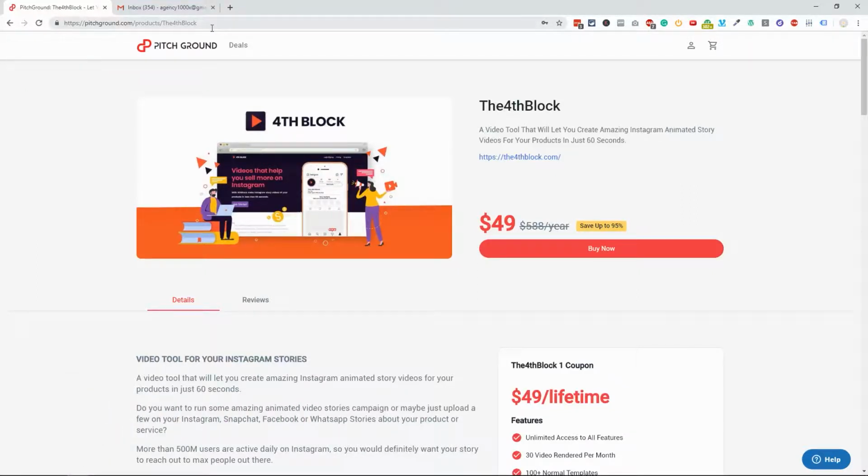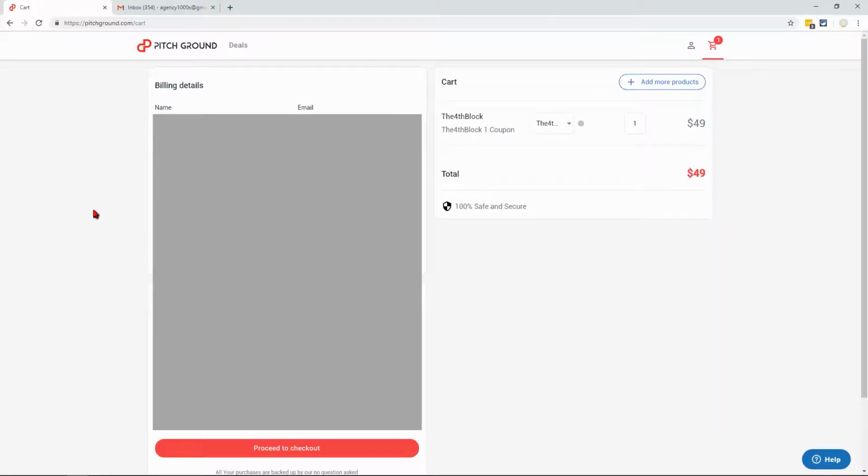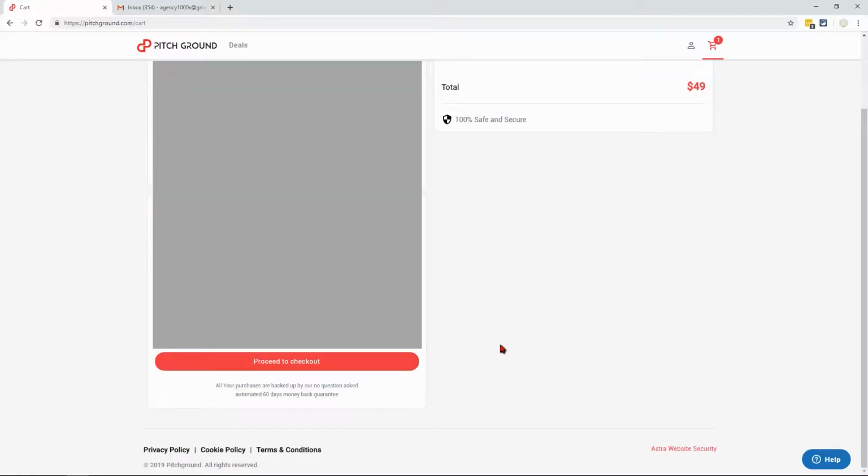Okay, so as you can see, we're on the sales page, so pick out the one you want and click buy now, and you'll notice that went into the cart, so I'll click up here, and then you'll want to fill out your details. Let me do that and I'll be right back. Okay, and I filled out my details, but anyway, if you wanted, you can increase the amount right here, real easy, but in this case I'm just going to get one, so I'll scroll down here and click proceed to